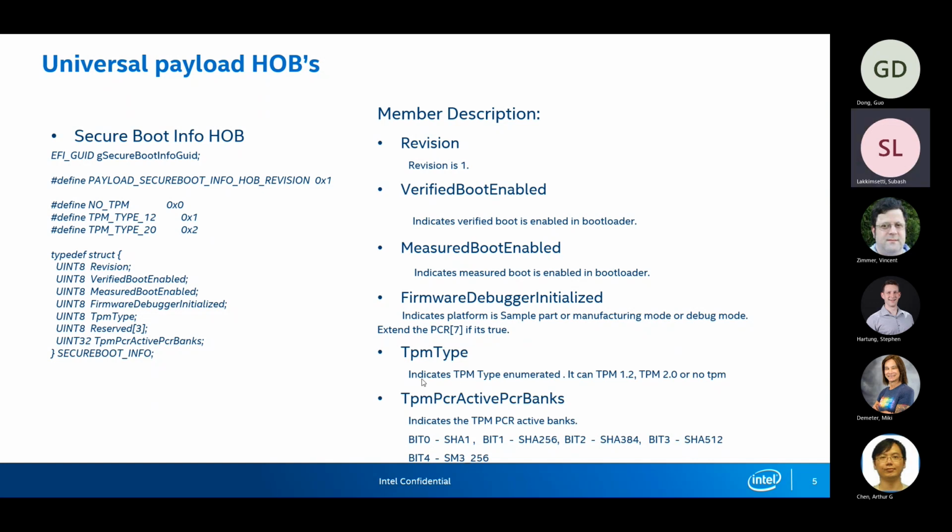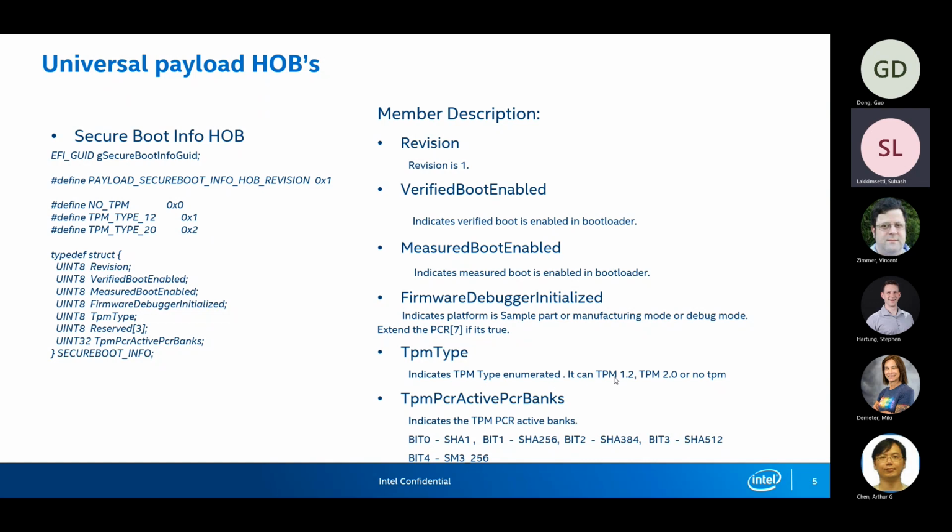Another item is the TPM type. TPM type indicates whether it is TPM 1.2 or TPM 2.0, or there is no TPM. Based on the TPM type, it determines which drivers to load and which spec to follow, since there is a protocol difference between TPM 1.2 and 2.0 when implementing in the payload.